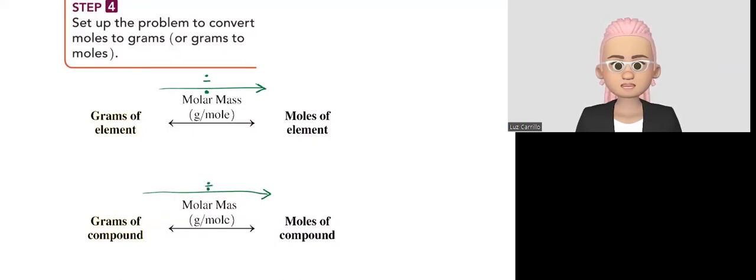And that has to do with, in dimensional analysis, we specifically will be canceling units. So since grams are given and it's going to go in the bottom, that's why we are going to divide by the molar mass. But if you're given moles and you need to find grams of an element or grams of a compound, so if we're going in this direction,